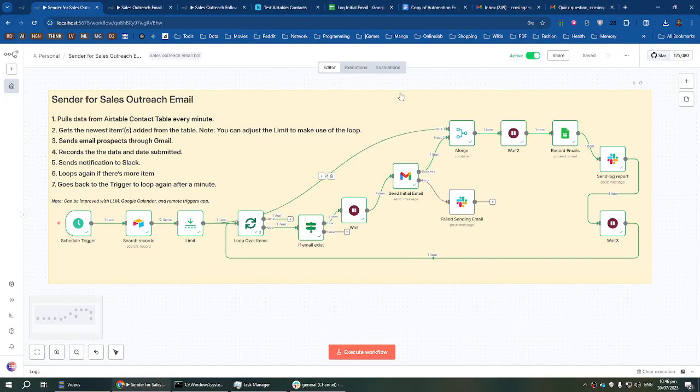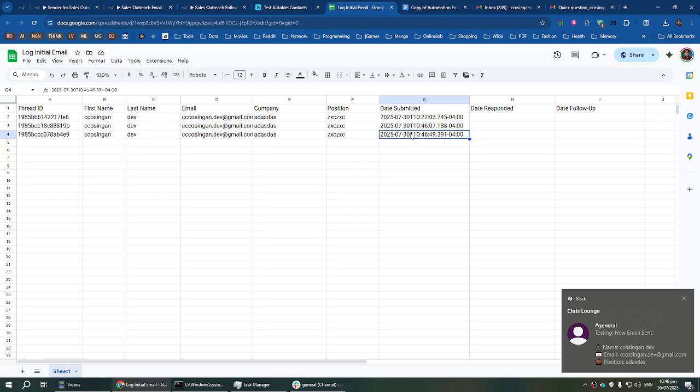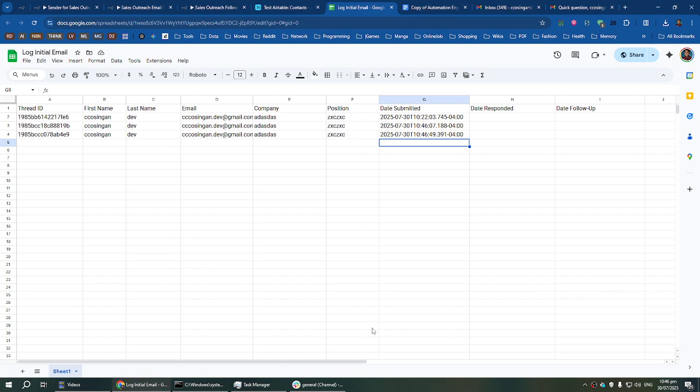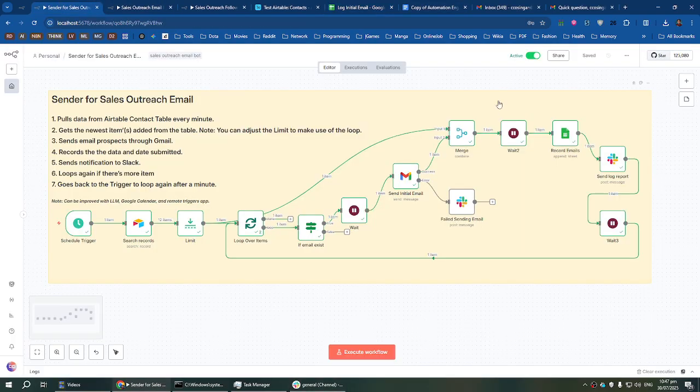And after that, we can also check it here that the row is added and another one is added since it has an interval of 1 minute and we activate it here, so the trigger will run every minute. If we deactivate this, we have to manually execute it, and that's the end of this workflow.